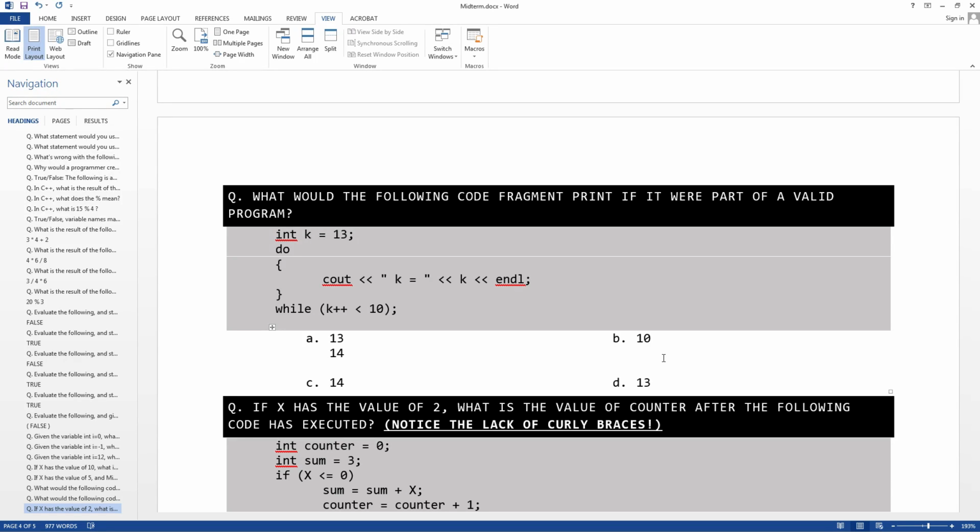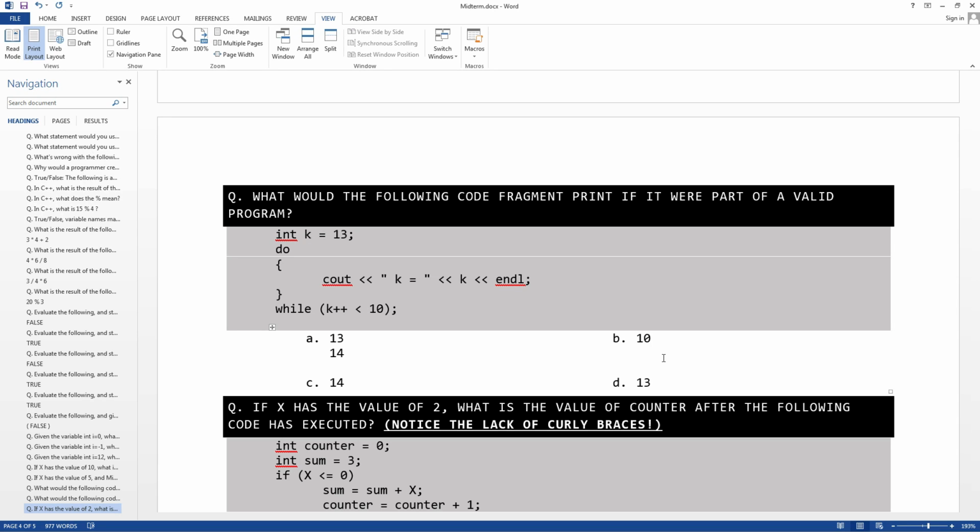So you know it's got to be B, C, or D. Because this has 2 lines on it that output 2 numbers. The question is, what will it print out? A do while loop will run whatever's inside the loop body before it checks the expression.